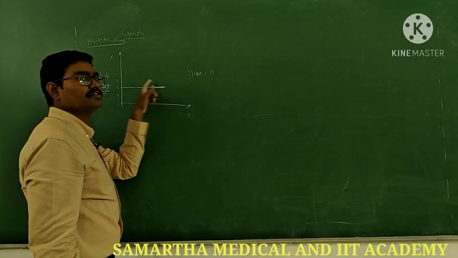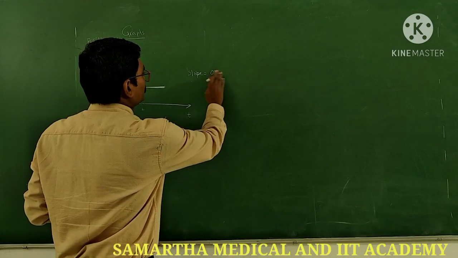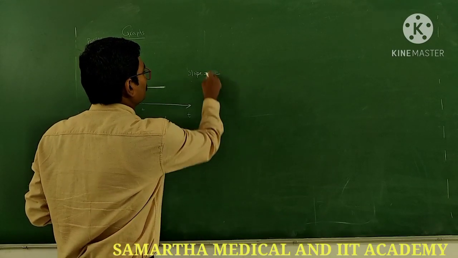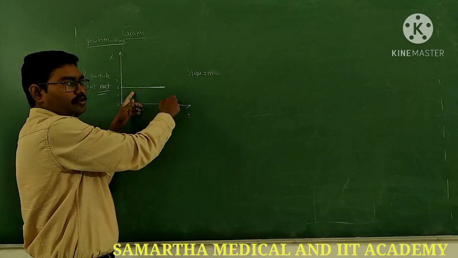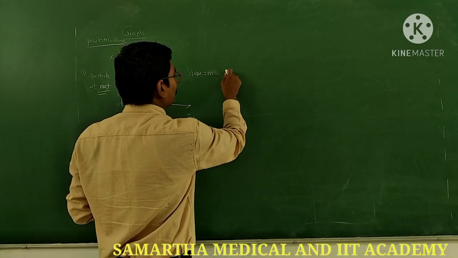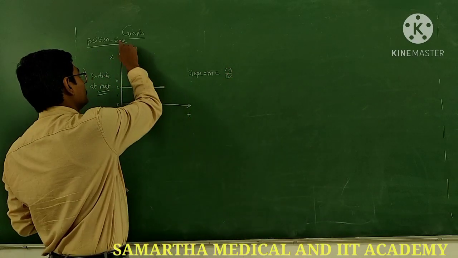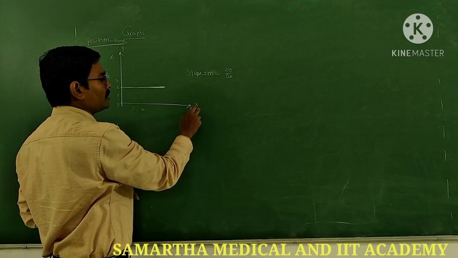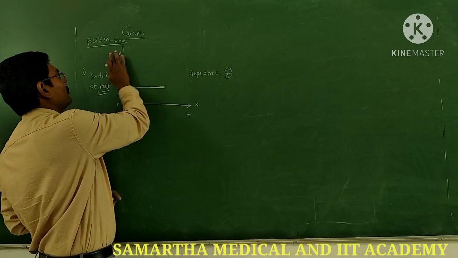Now slope gives you the velocity of the particle. Here slope is m, which is equal to tan theta, which is equal to y coordinate by x coordinate, and that is equal to 0. Delta y by delta x you will write. Delta y means the y coordinate, and this is the x coordinate. So don't confuse x and t, or s and t.